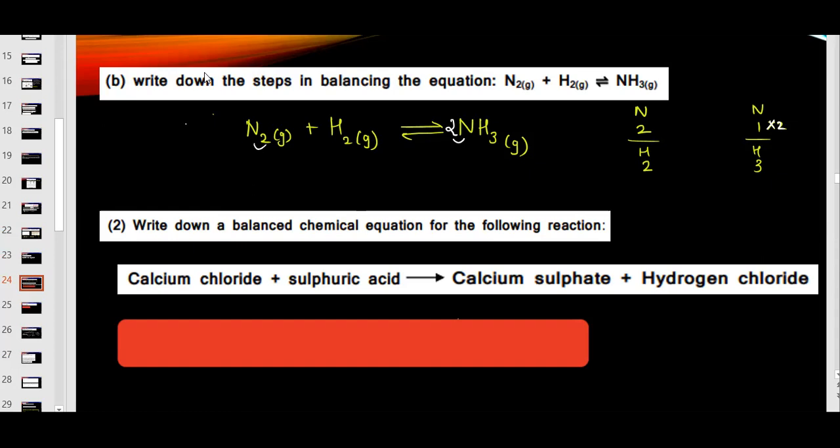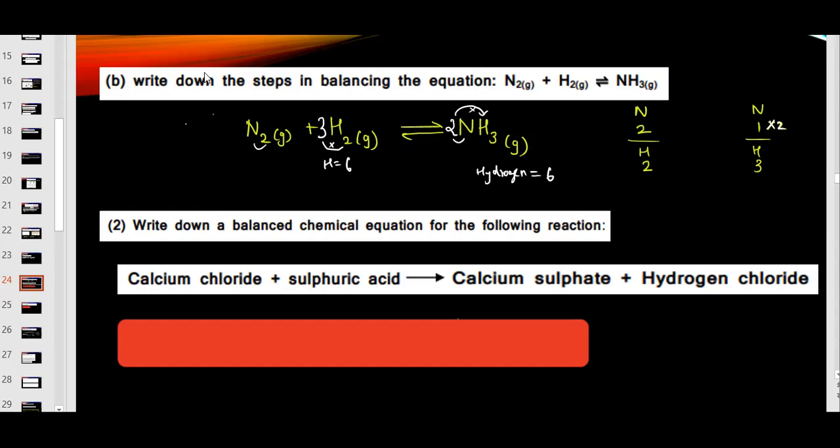Now what about hydrogen? This 2 will also go for hydrogen. That means this 2 will multiply with this 3 and you will see here the hydrogen is 6. So if this side hydrogen is 6, how to make the hydrogen on the left side 6? This is 2. We can multiply this with 3 so that after multiplying this, hydrogen will become 6. So now you see nitrogen is 2 here, nitrogen is 2 on the right side, hydrogen is 6 on the left side, hydrogen on the right side is 6. So it is a balanced equation now.